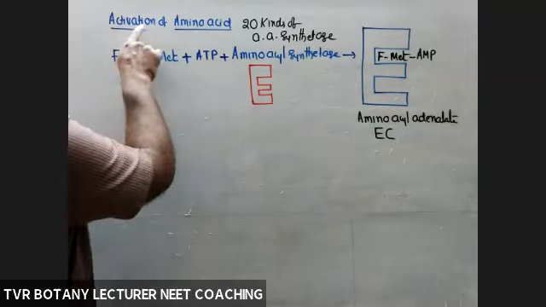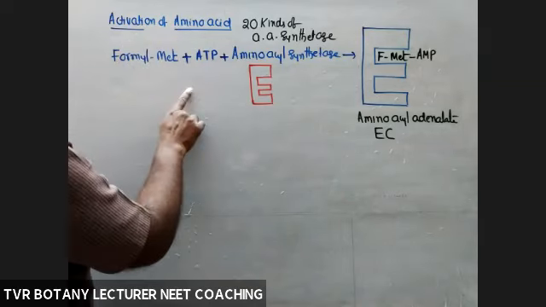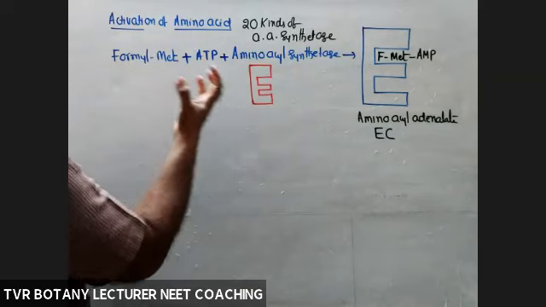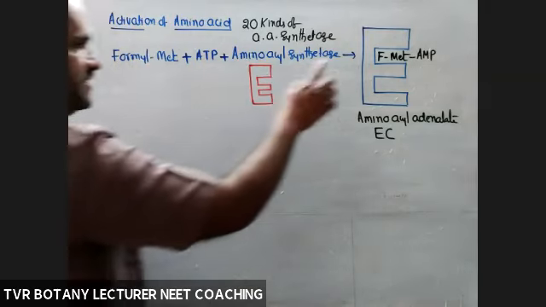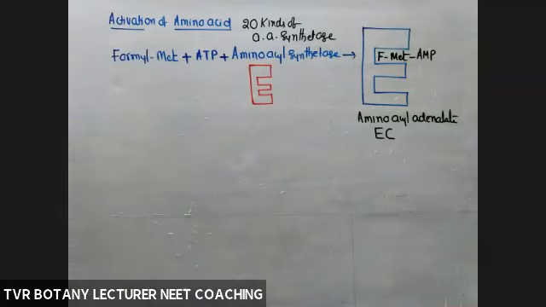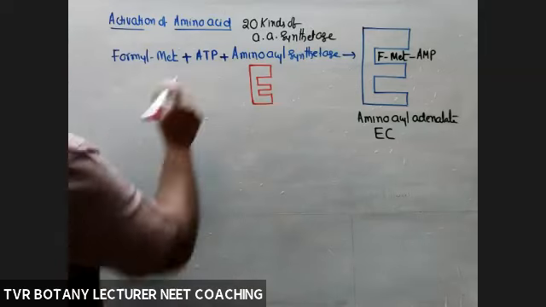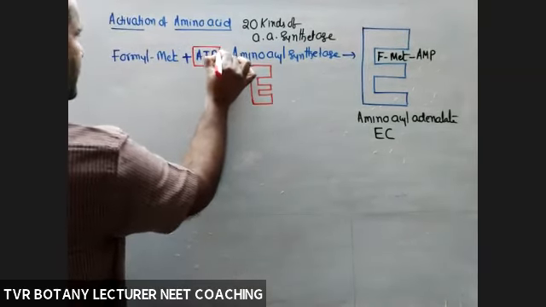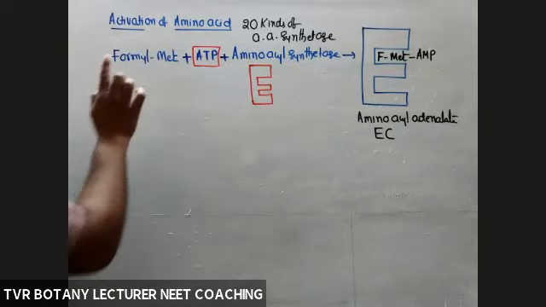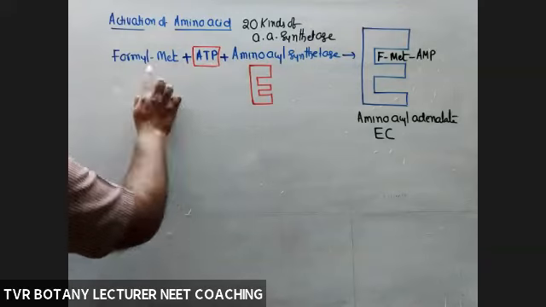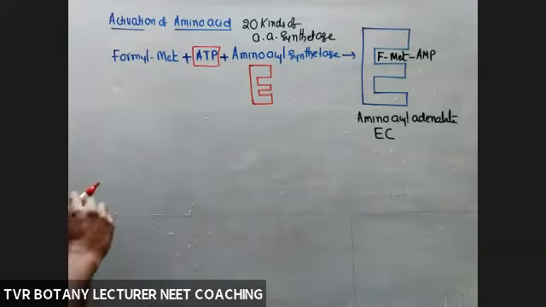So what about activation of amino acid? In the presence of ATP molecule, by consuming energy, one amino acid is added to that enzyme. That is called an activation of amino acid. What about the number of ATP molecules consumed here? One molecule of ATP. So the ratio between amino acids and ATP consumed is always 1:1.